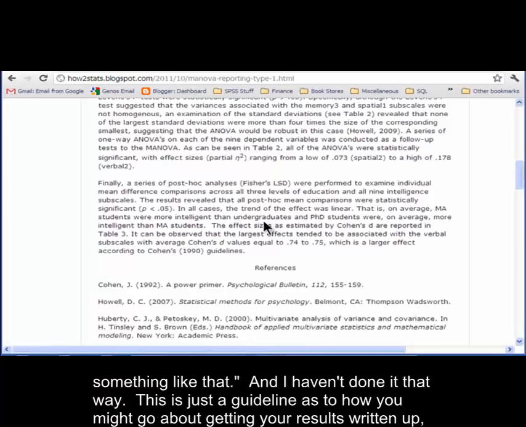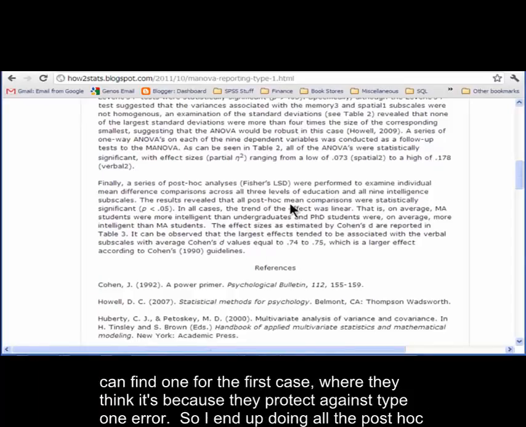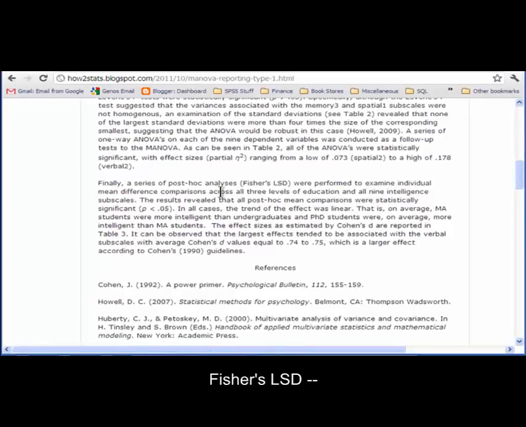This is just a guideline as to how you might go about getting your results written up. And I'll put some links to some other papers that have written up some MANOVAs. Actually, probably only for the second case. I'll see if I can find one for the first case where they think it's because they protect against the type 1 error rate. So I end up doing all the post hoc Fisher LSD